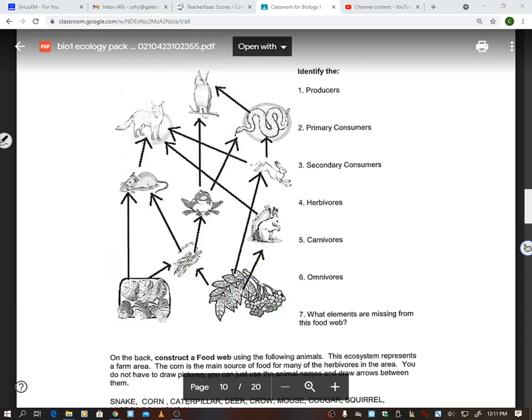Like even us, if we were to look at a food chain, maybe I just ate some rice and lettuce, so that would make me a primary consumer, but I also had some chicken in there. So that would make me like a secondary consumer. So just for lunch today, I'm in 2 food chains, one being a primary consumer, one being a secondary consumer.